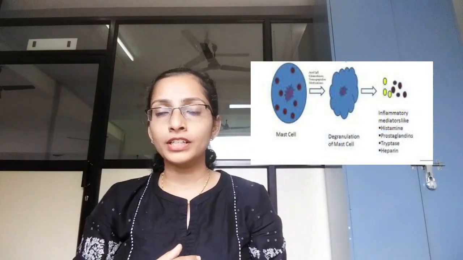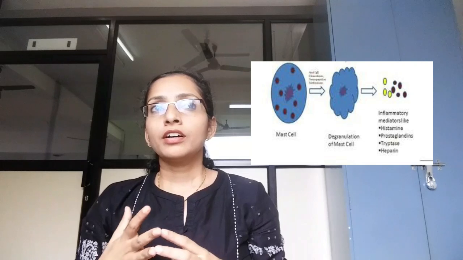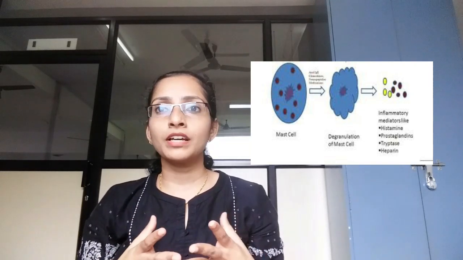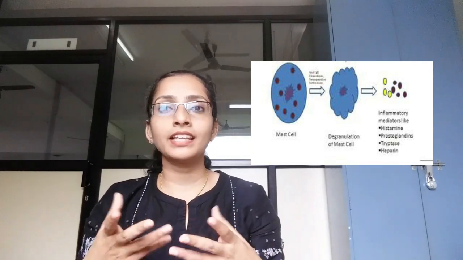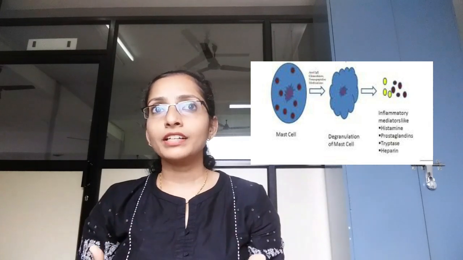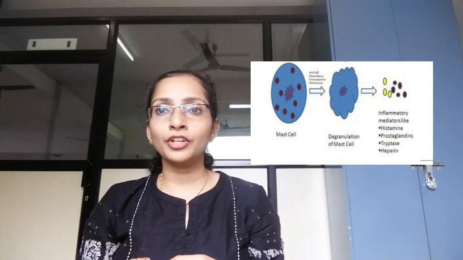Okay, now two types of cells that require a little bit of extra explanation over here are your mast cells and neutrophils. Okay, so these mast cells also play a very important role in the pathogenesis of periodontal disease. Okay, once these microorganisms are in action and they secrete their virulence factors, these virulence factors will go and activate your mast cells.